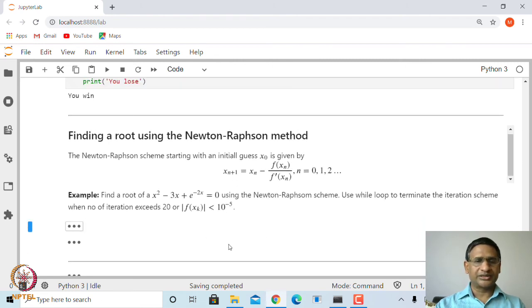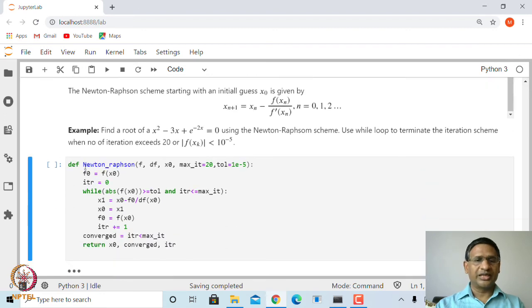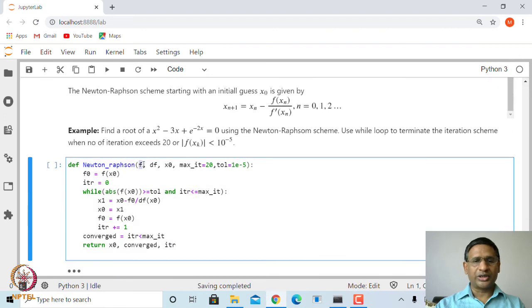Let us write a user defined function for this. The name I am giving is Newton-Raphson, and you input f(x), df, that is the derivative of f, the initial guess, the maximum number of iterations, as I said 20, and the tolerance, which is 10 to the power minus 5 in this case. Once you have entered this, define f0 to be f at x0, iteration number is 0, and apply a while loop. While the absolute value of f(x) is bigger than the tolerance,